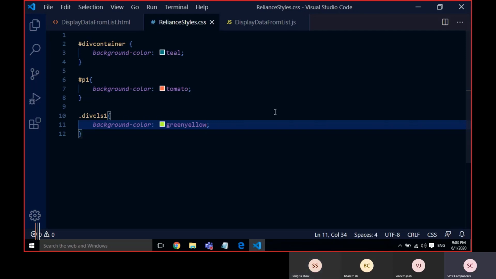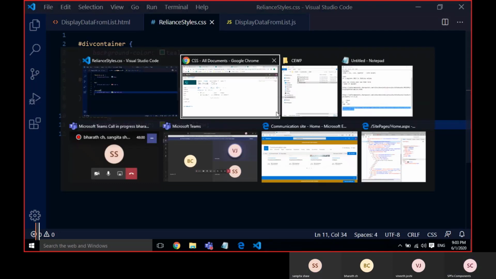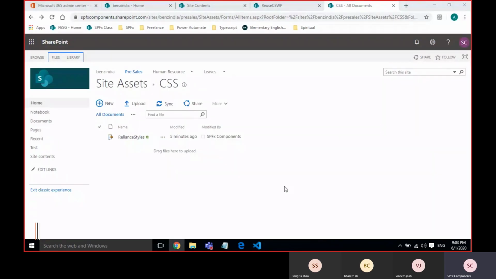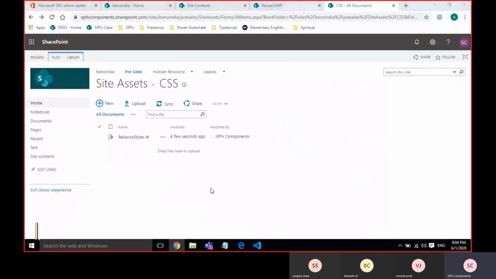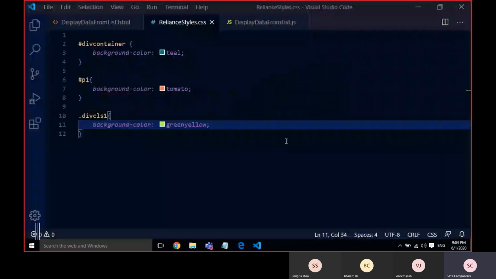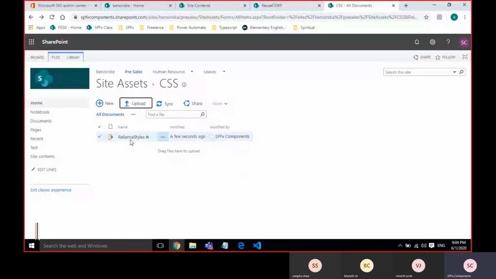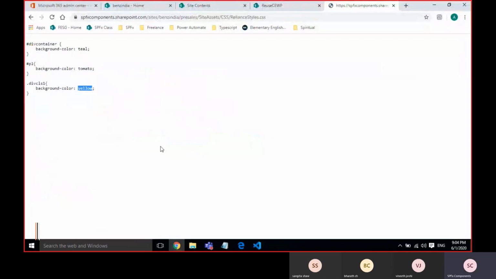Saving, again replaced, yellow to green yellow, I just updated. See here, I replaced it, but my code was still the previous code.